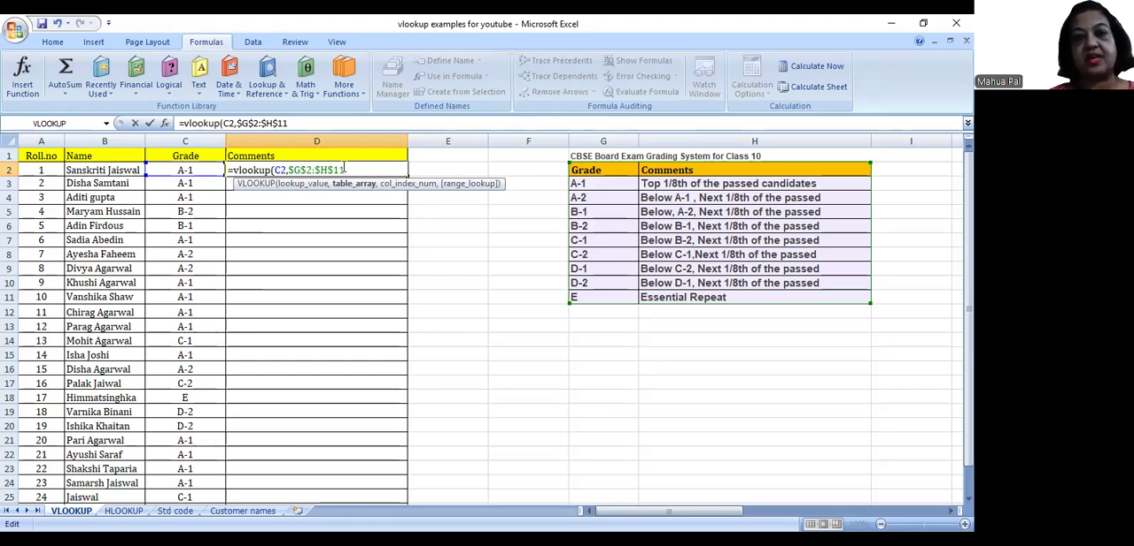Now the third parameter, column index number. This is also from this table array, as we have seen from the definition. In this particular table array, grade is column number 1, comment is column number 2. So here we are going to type 2 and then comma. Now it is showing true means approximate match and false is exact match. So we go for exact match. We double click on it, it comes, and then close the bracket